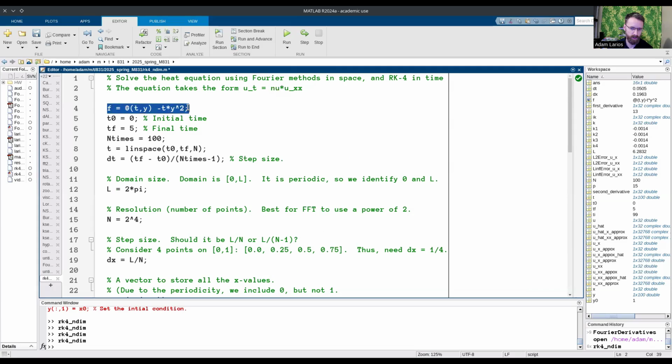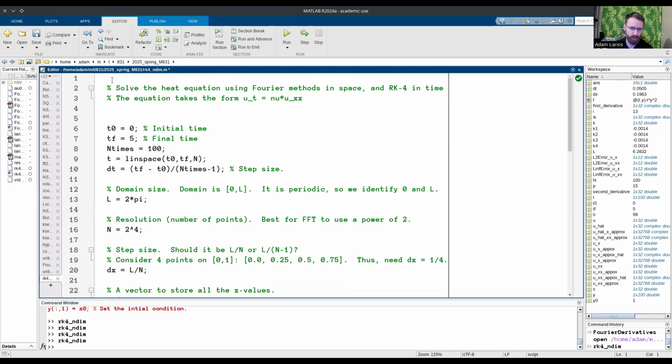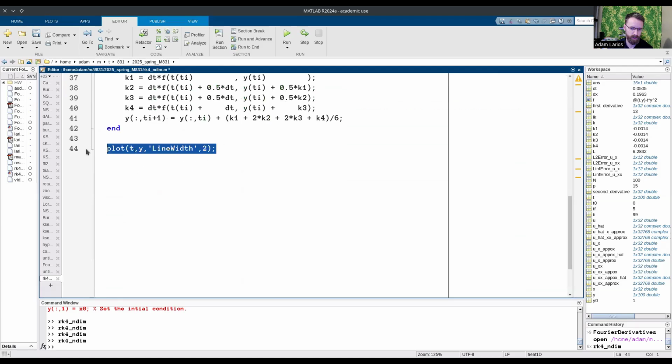So rather than taking f as a symbolic function where we just sort of pass this thing in, let's delete that and actually set this as a new function. So to do that, I'm going to make the whole thing a function. So let's say this is function heat equation. Maybe we'll do heat 1D. And I won't put any arguments or any output for that. And I'll just end it here